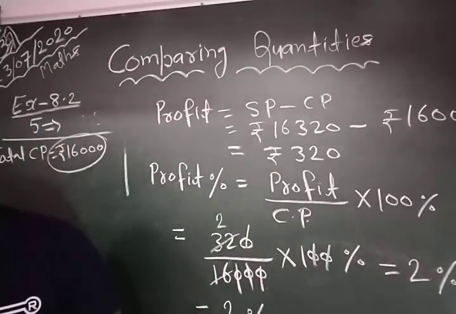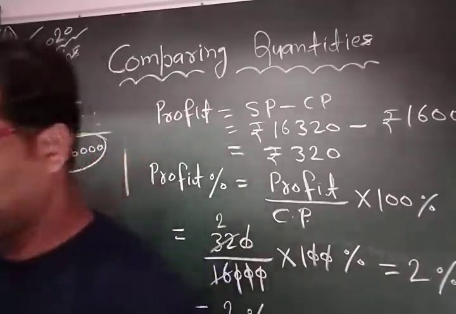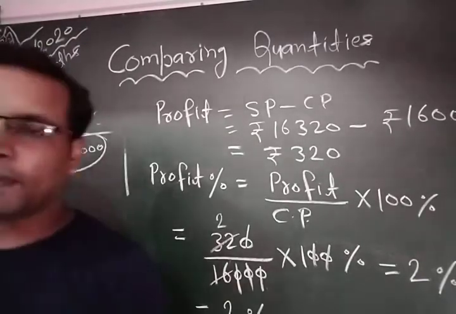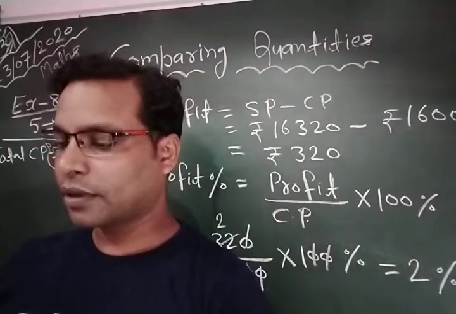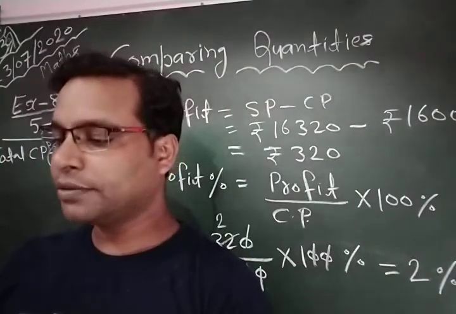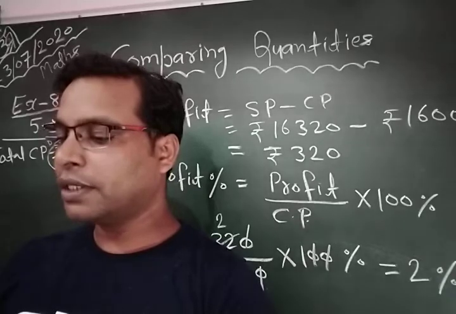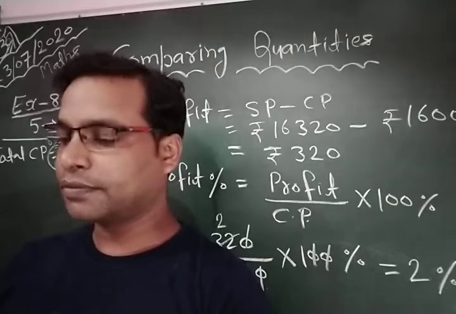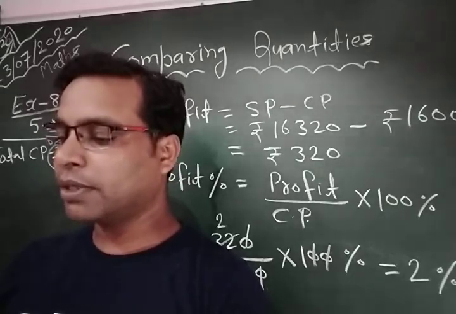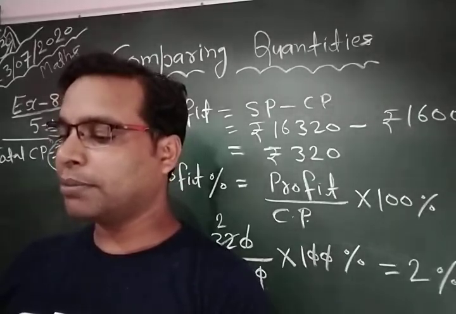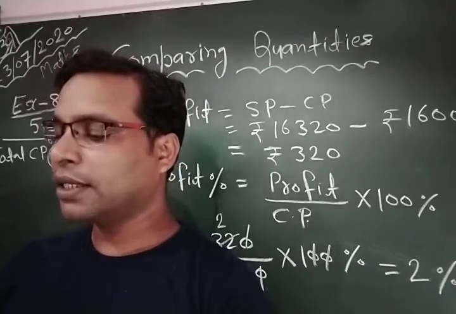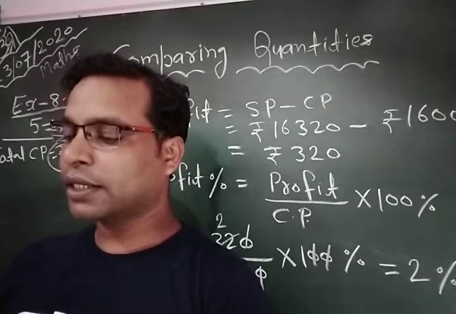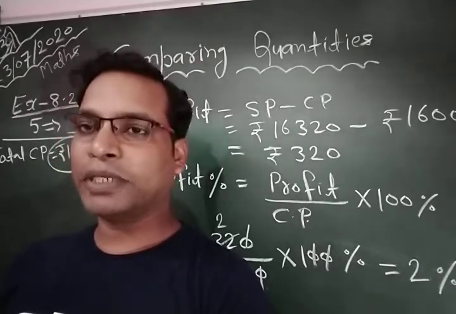Now we are going to discuss question number 6. During a sale a shop offered a discount of 10% on the marked price of all items. What should a customer have to pay for a pair of jeans marked at 1,450 and two shirts marked at 850 rupees each?